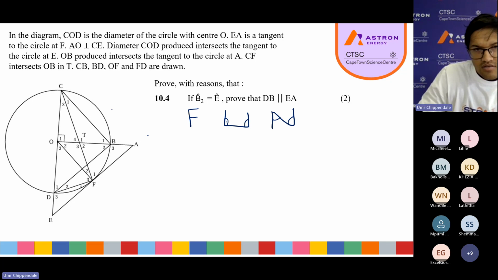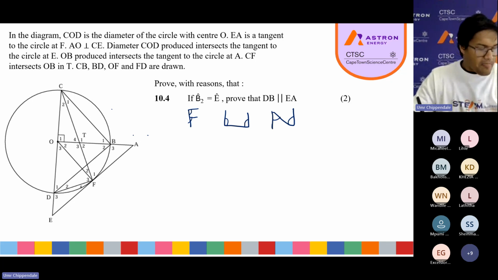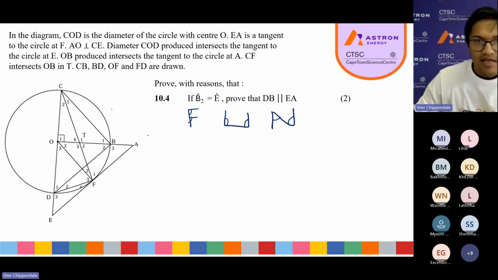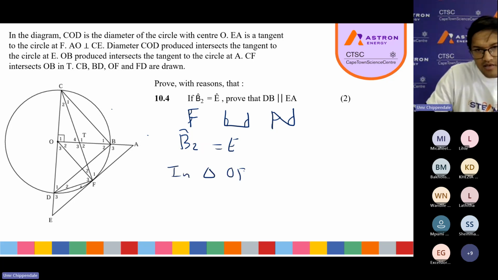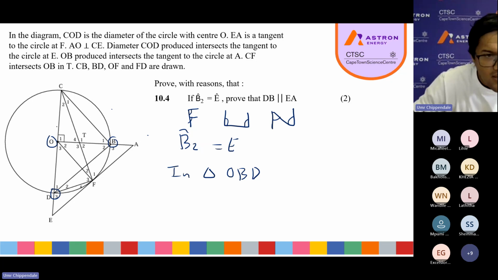Corresponding angles is this one up here, right? And the co-interior angles are the other one. So that's what's going to be over here. Now they're saying if B2 is equal to E, so we write that down. They're giving us information. If B2 is equal to E, then we can say in triangle OBD, which is this one over here, O, B, and D, the entire section,